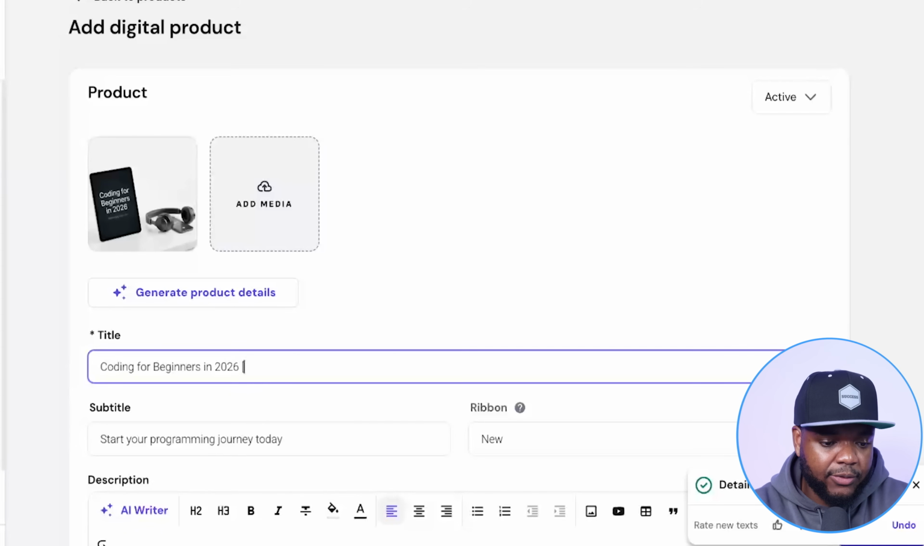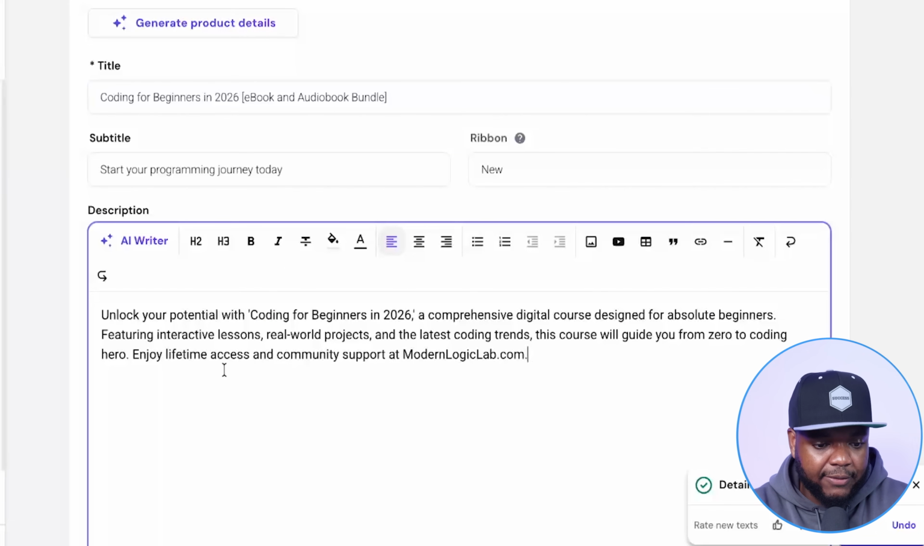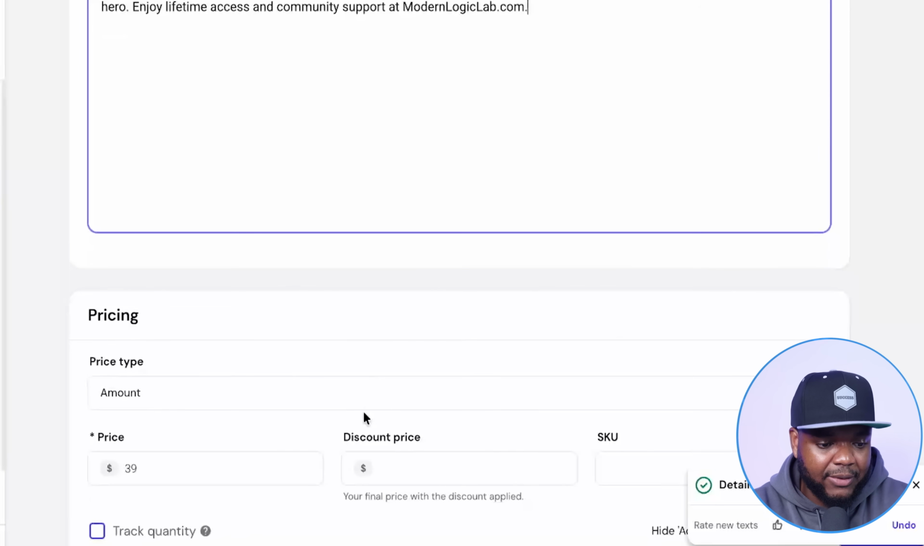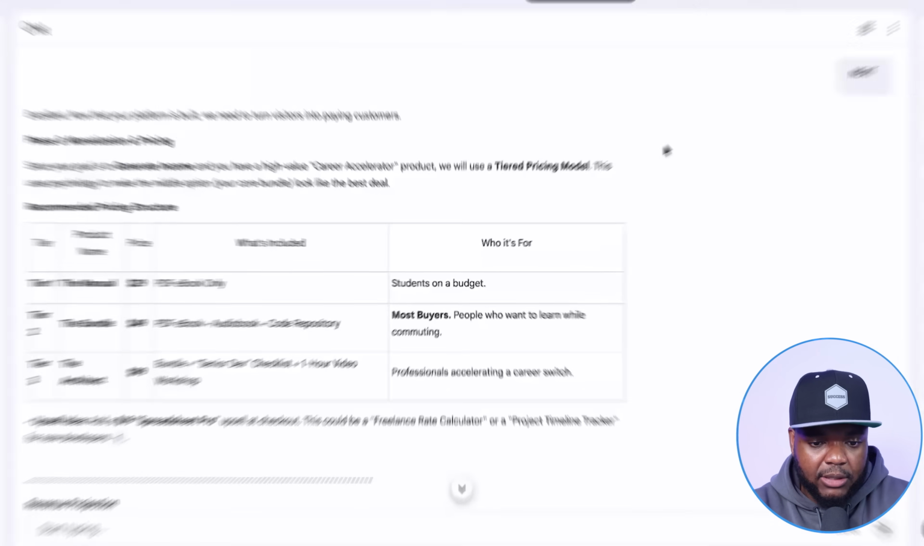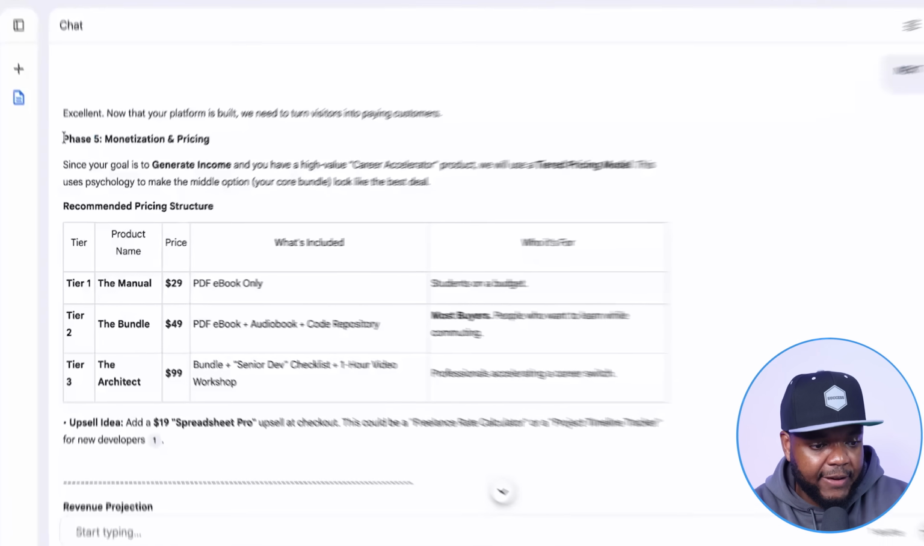But I'm just going to add over here that it's going to be an ebook and audiobook bundle. So you can also, of course, add anything into these sections as well. I'm going to leave it as it is. In terms of the pricing, NotebookLM is going to be able to give you that if we just go back over to it. Okay, so I've just typed in next, as you can see,